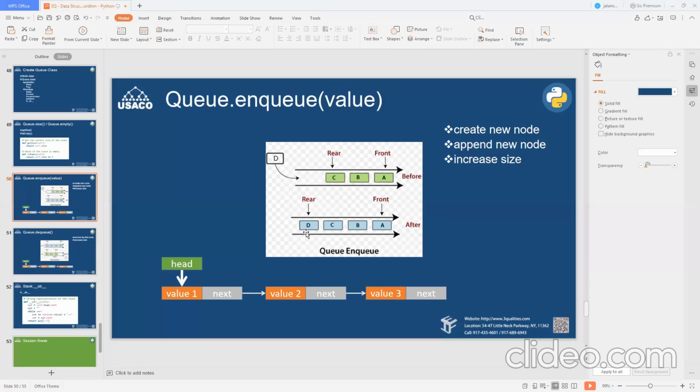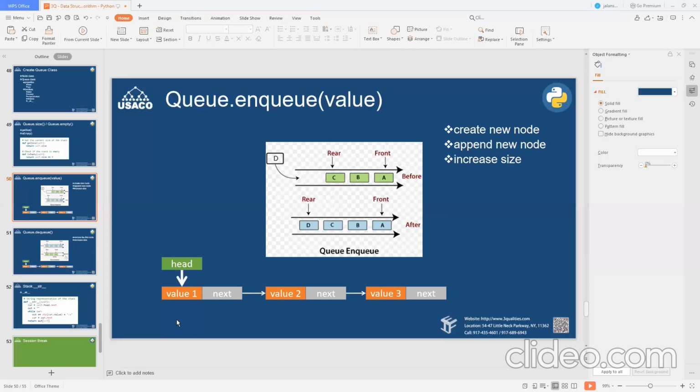So the new element will be the new tail of the whole line. Now think about it from the polling perspective, similar to what we did in the push function of the stack.